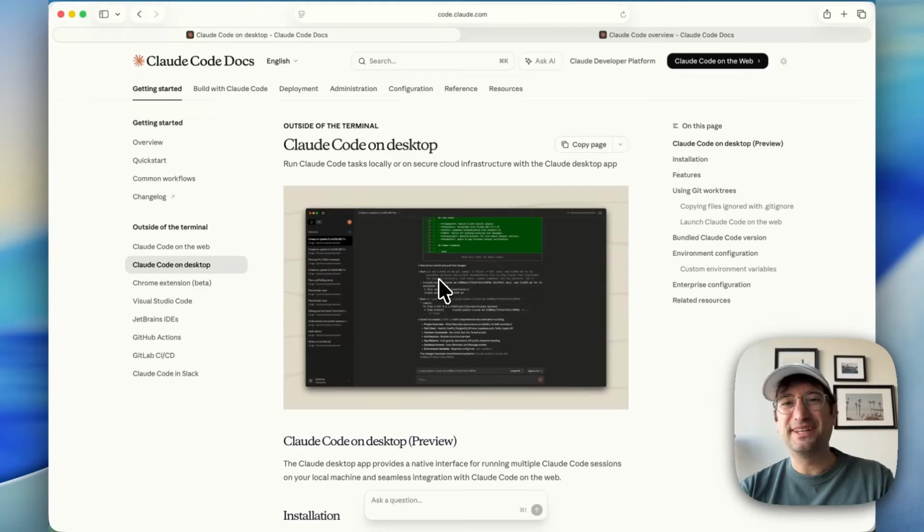Claude Code seems to be everywhere these days, and I've been using it a lot in my own workflows. In this video, I am going to teach you what Claude Code is, how to get started with it for beginners, how to actually build an app with it. And by the end of the video, you're going to feel comfortable to start using Claude Code for yourself, both